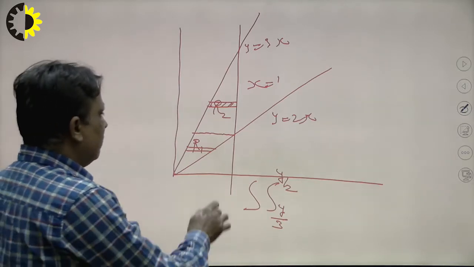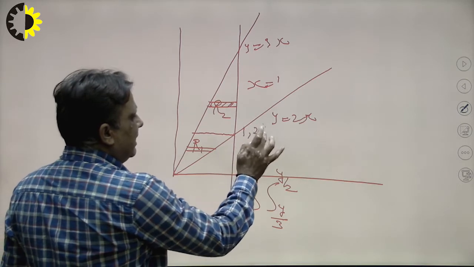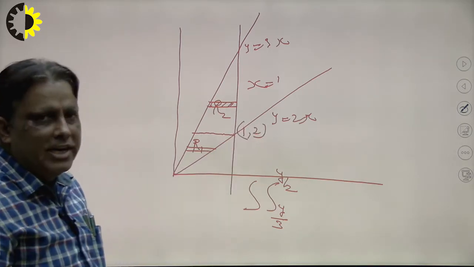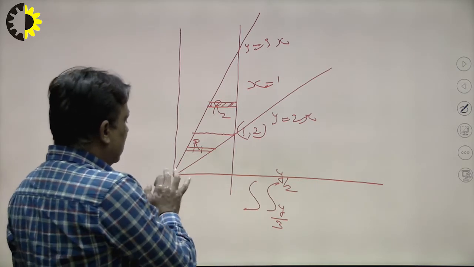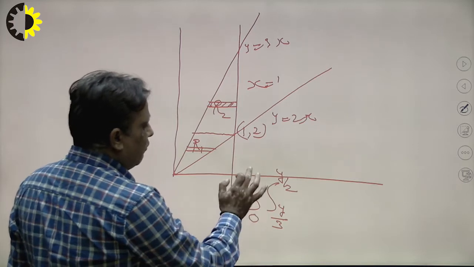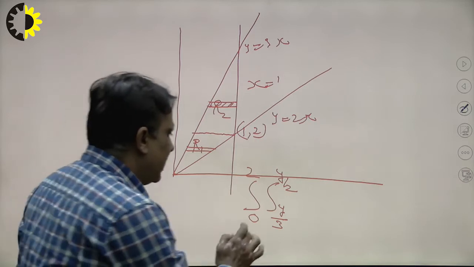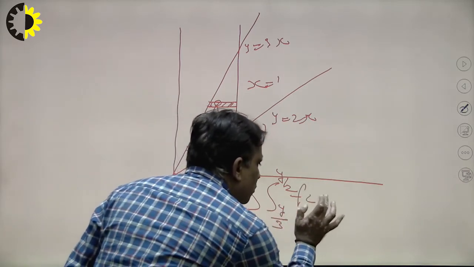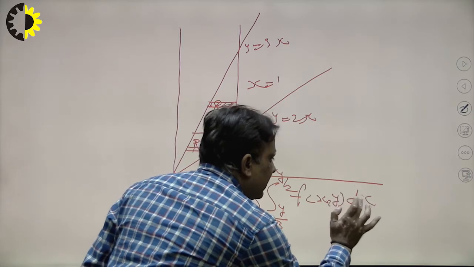So in this way we can find out the limit of x first. Now the question is what is the point of intersection? The point will be 1, 2. That means what will be the y coordinate in the region R1? The lower coordinate is 0, 0 and the upper coordinate is 2. So the limit of y will be 0 to 2. So this is the limit of the R1 region, and I write here f(x, y) as the function, and the limit will be dx and dy.